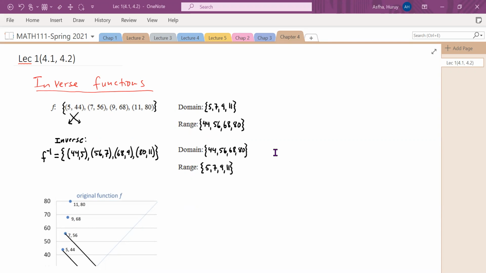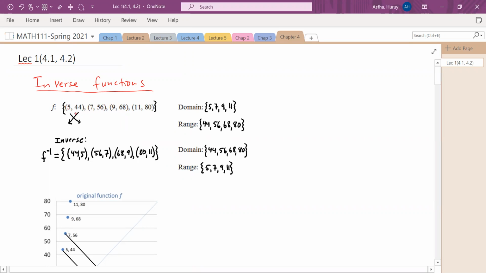In this lecture, we will discuss inverse functions, and later on, we will talk about exponential functions. To start with inverse functions, an inverse function of a function, let's start with the simplest one, which is a list of ordered pairs. Suppose we have this function given in this form, and we know how to check whether this is a function or not. Basically, every element of X is paired to one and only one